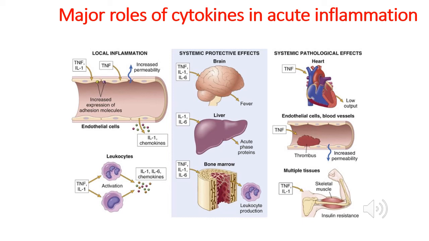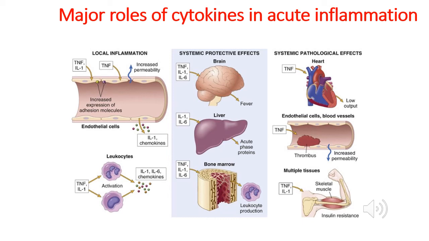In the middle here, you can see that the cytokines, especially tumor necrosis factor, interleukin 1 and interleukin 6, can also produce systemic protective effects. For example, they act on the brain, and this will lead to fever, which is one of the protective mechanisms against inflammation, induced by the brain with the effect of prostaglandins. Interleukin 1 and interleukin 6 also stimulate the liver to produce the acute phase proteins or acute phase reactants of inflammation, and also stimulate the bone marrow to produce more leukocytes and more hematopoietic cells and